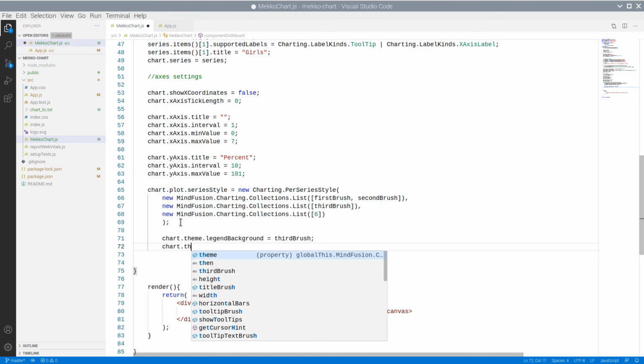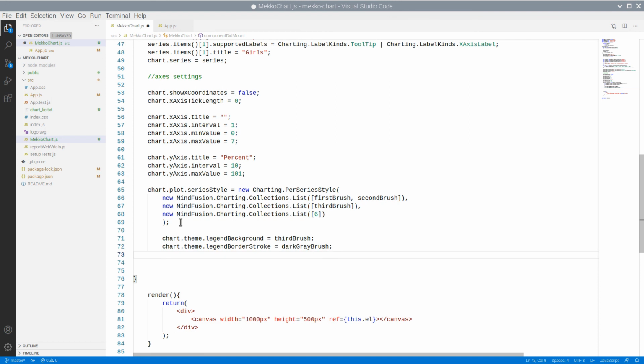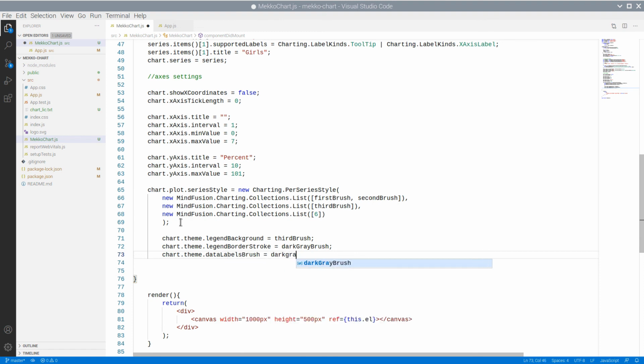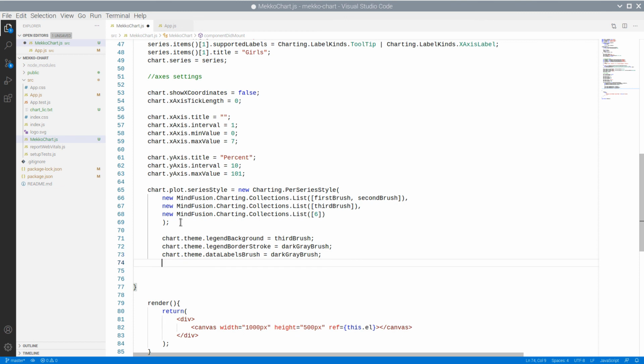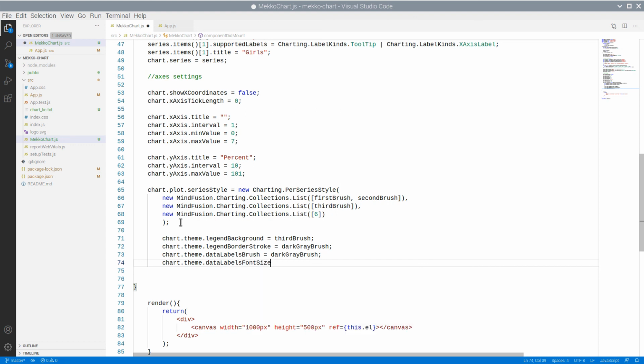We specify first the legend background and the stroke for the legend border. The size of labels at the axis and data labels is 14. The styling of data labels is also applied on the legend labels.